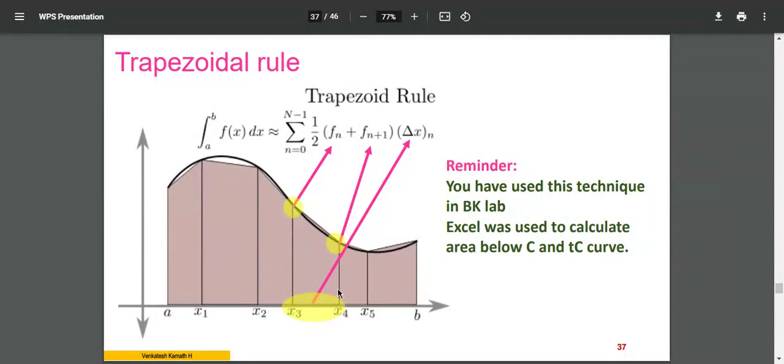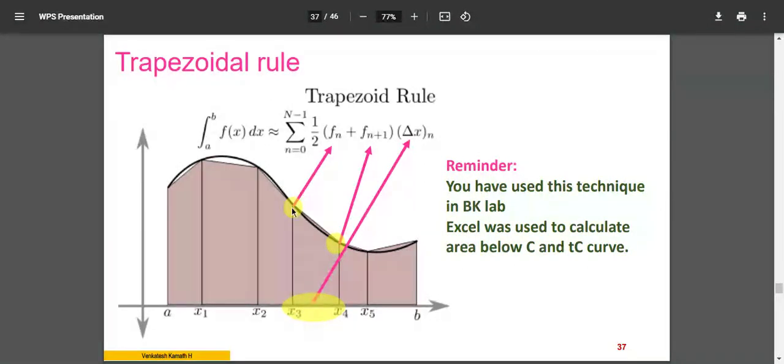How do I calculate? The trapezoid width is fixed, a constant width. You can see x3 to x4, that is x4 minus x3, delta x, which is constant at the base as well as at the top. Whereas the height over here is longer. For x3 it is a longer, higher value. For x4 it is a smaller value, right? I know how to calculate the area of a rectangle: height into width, one side multiplied by the other side. That will be the area of the rectangle. So the width is fixed, x4 minus x3. Height I need.